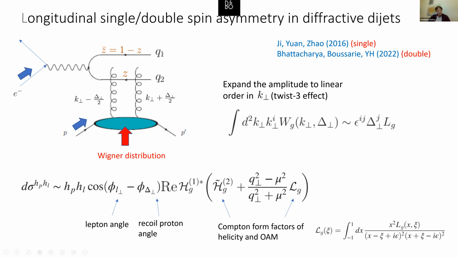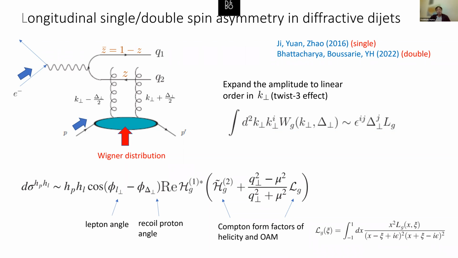And sorry, I forgot to say that we have to measure this dijet system in the forward direction. So this is the exclusive dijet production in this polarized scattering. And we actually have two competing contributions. One arises because you calculate the interference between amplitudes. In the amplitude you pick up the unpolarized gluon PDF, and in the complex conjugate amplitude you pick up the contribution from the gluon helicity and the gluon orbital angular momentum. And depending on the value of q-perp, which is the transverse jet momentum, this orbital angular momentum and the helicity